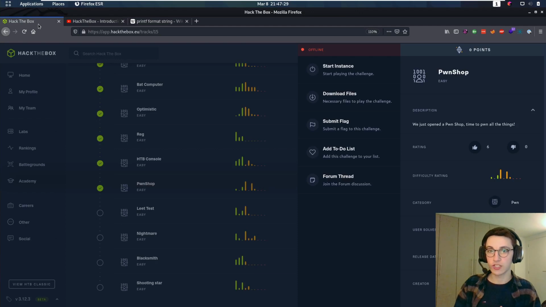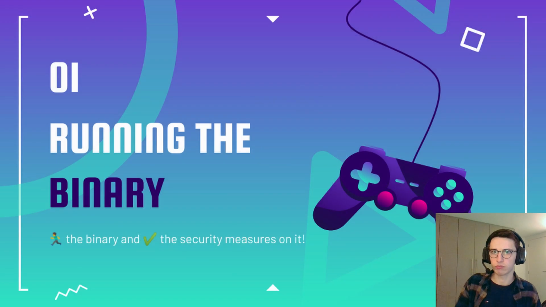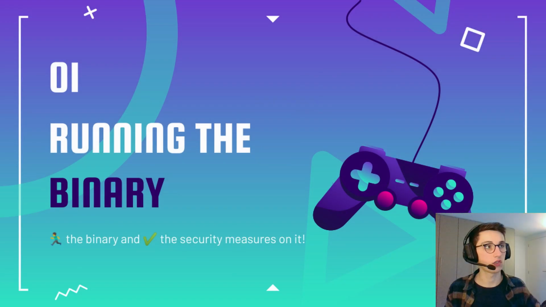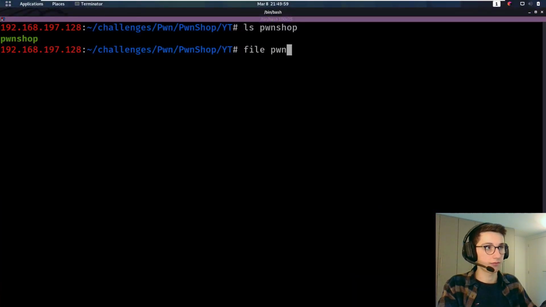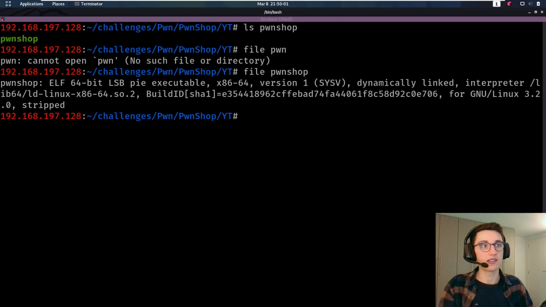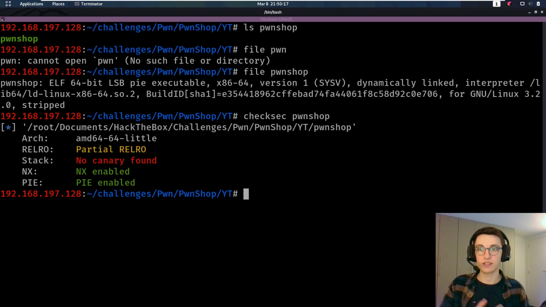So the first thing we are going to be doing is playing with the binary, running it and checking the security that is set on the binary. So let's do just that. We have this binary PwnShop. We can do file on it and we'll see that it is an ELF 64-bit executable. It's least significant bit, and it has been stripped, which means that all the symbols, so function names and stuff, have been taken out. Then we can do checksec PwnShop to see the security bits that are enabled on this